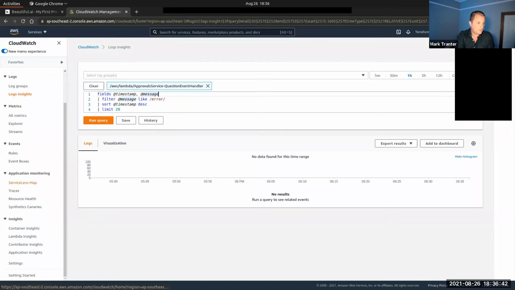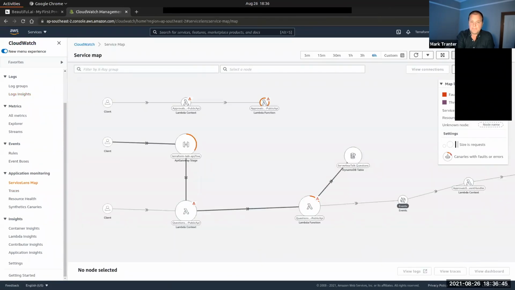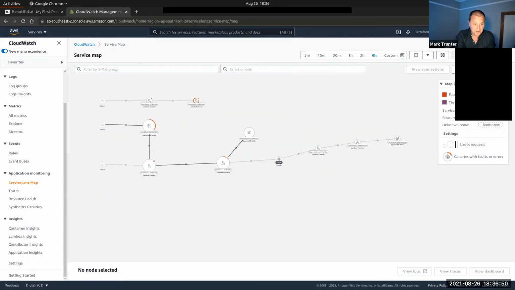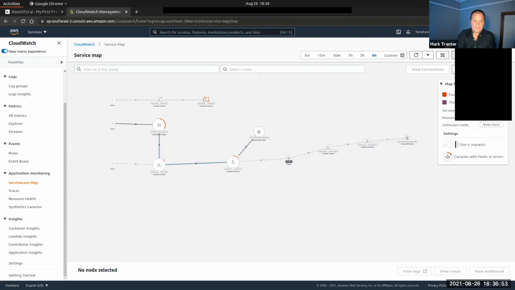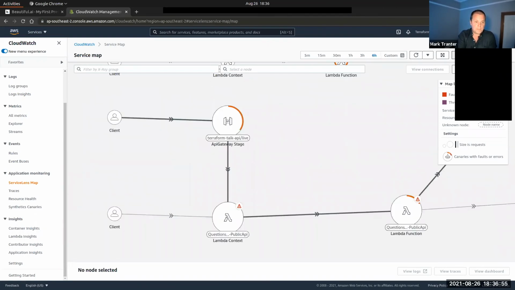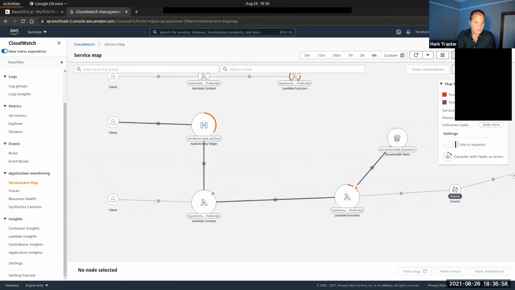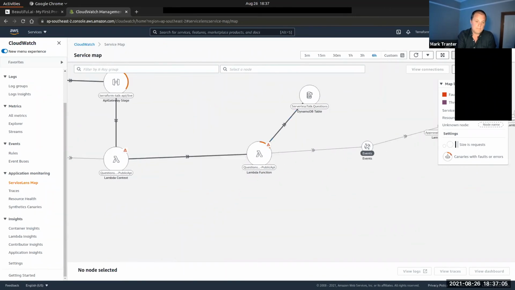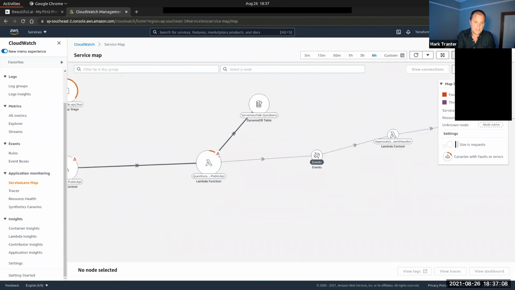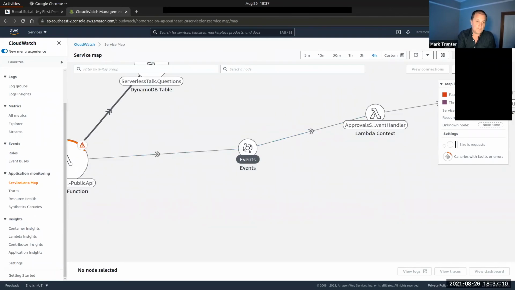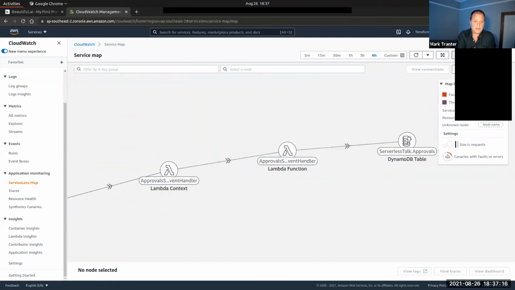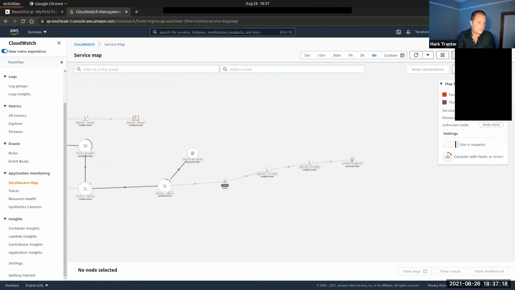Quite a cool tool is X-Ray. X-Ray will show you, if you wire it up properly, using something like a Terraform module, how transactions flow through your distributed system. So for example, in this case, a client has called my API gateway, pumped that off to the Lambda runtime, to my Lambda function that talks to DynamoDB, publishes an event to AWS Event Hubs, and so on and so on. You can see how it's consumed at the other end by another Lambda function and put into its database.